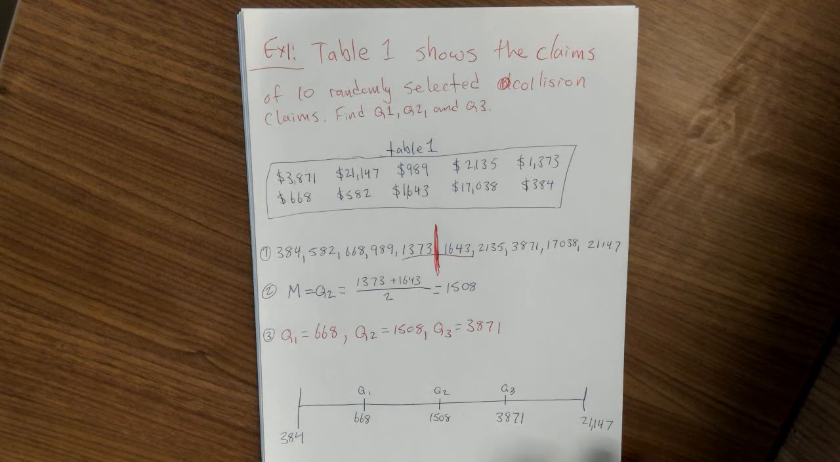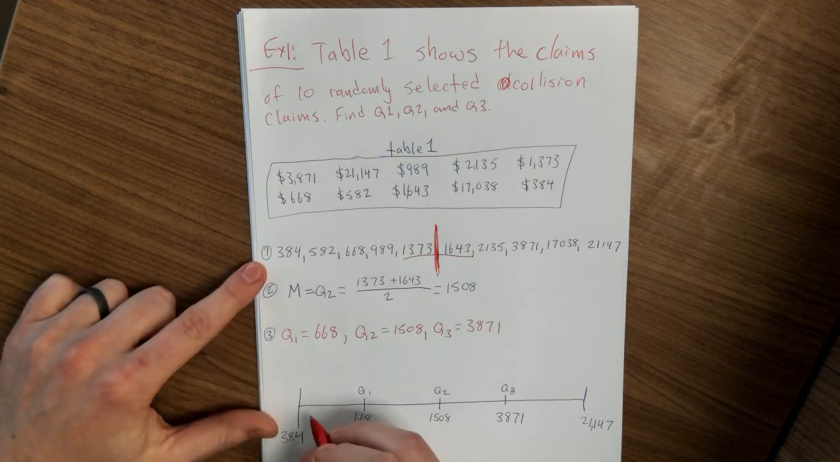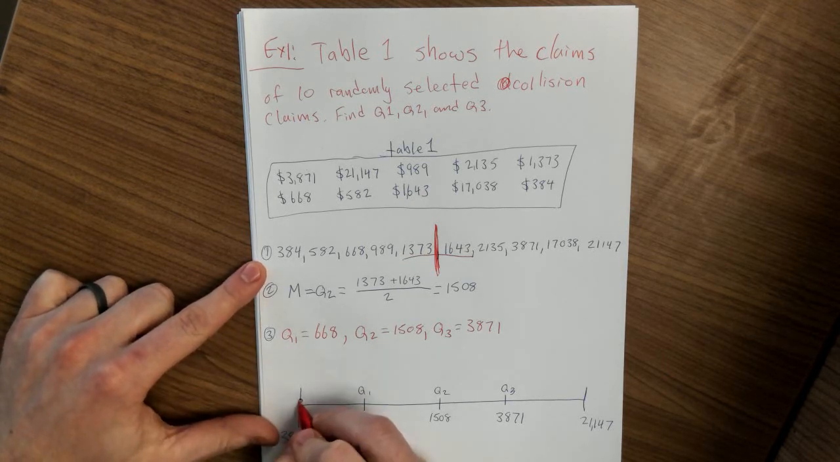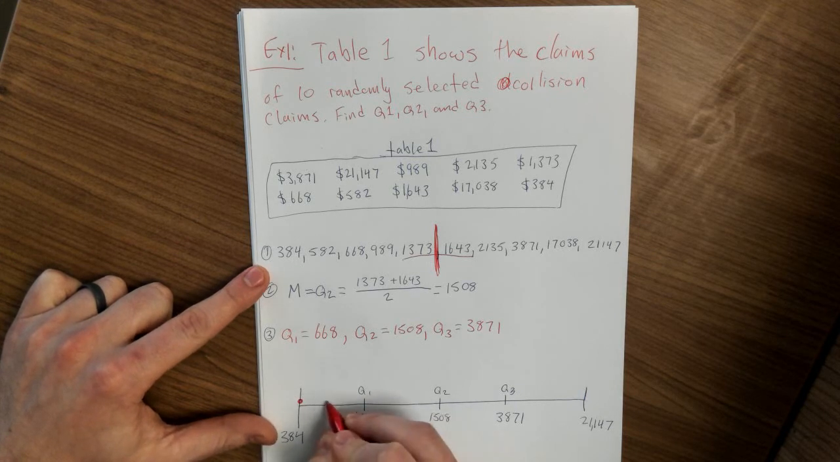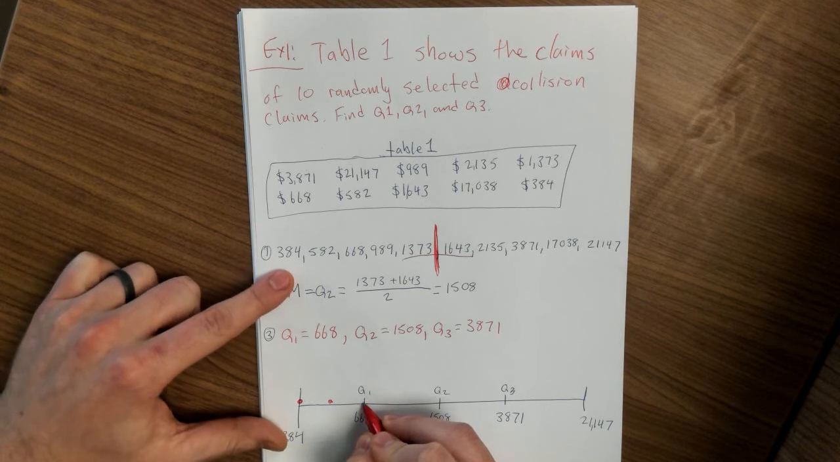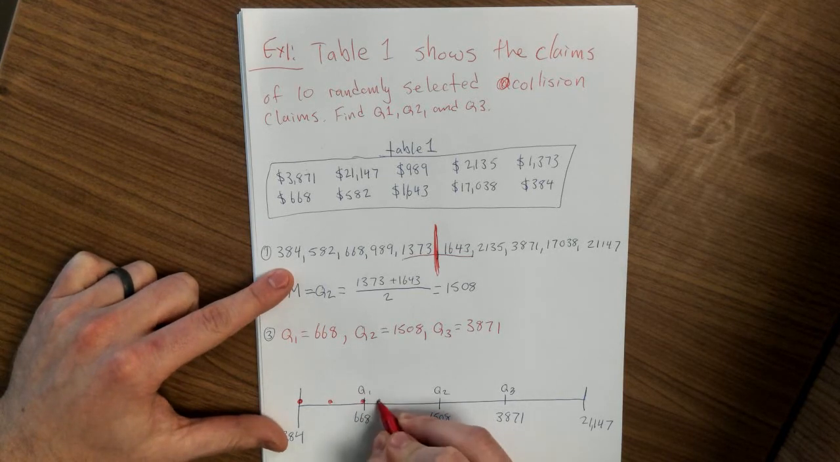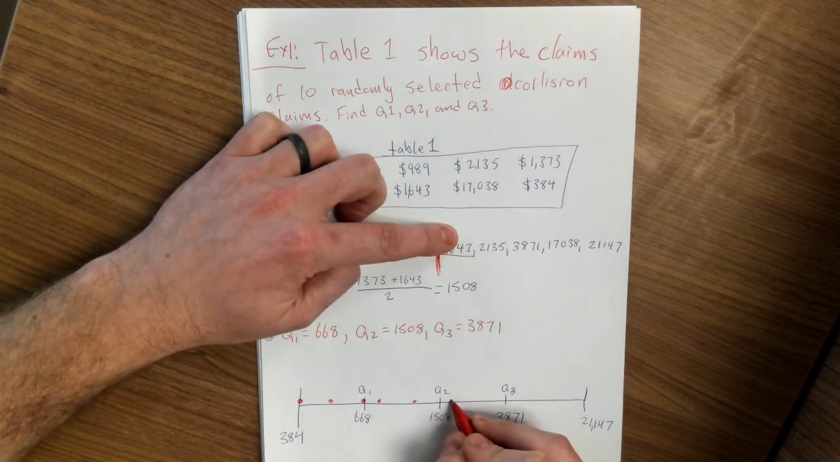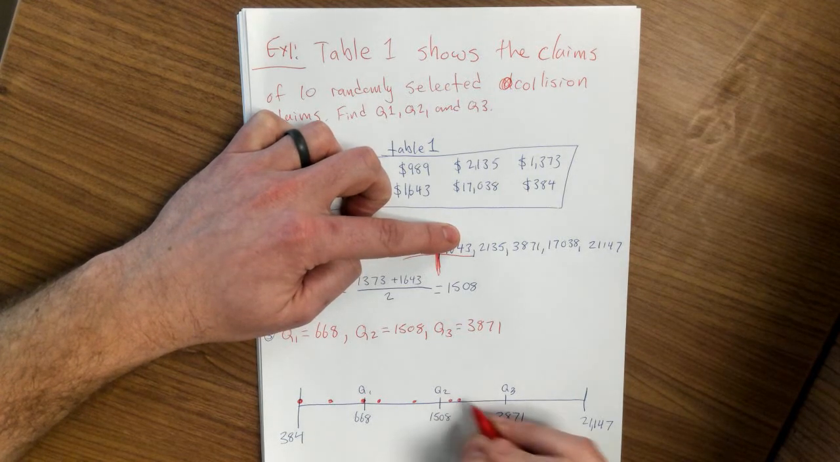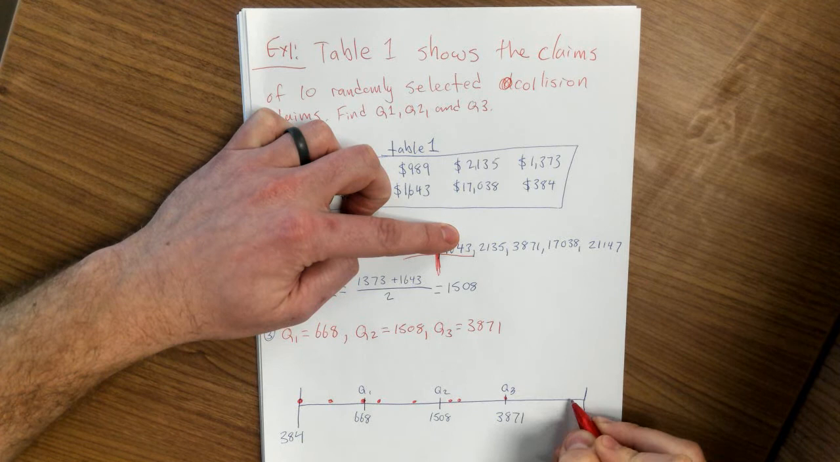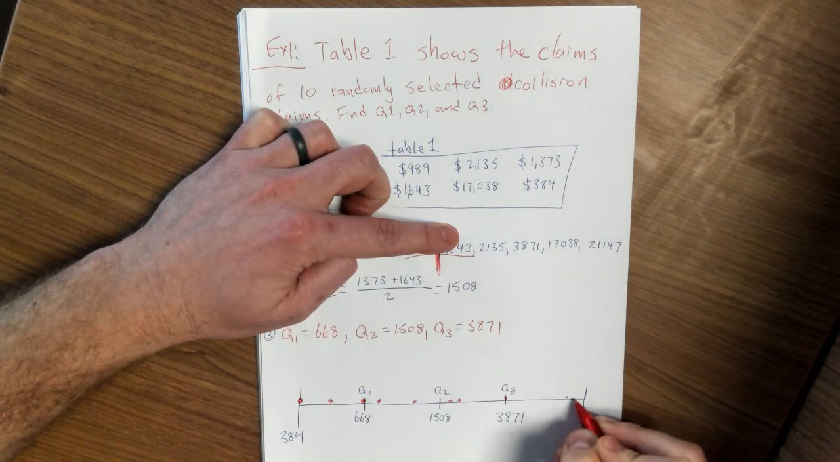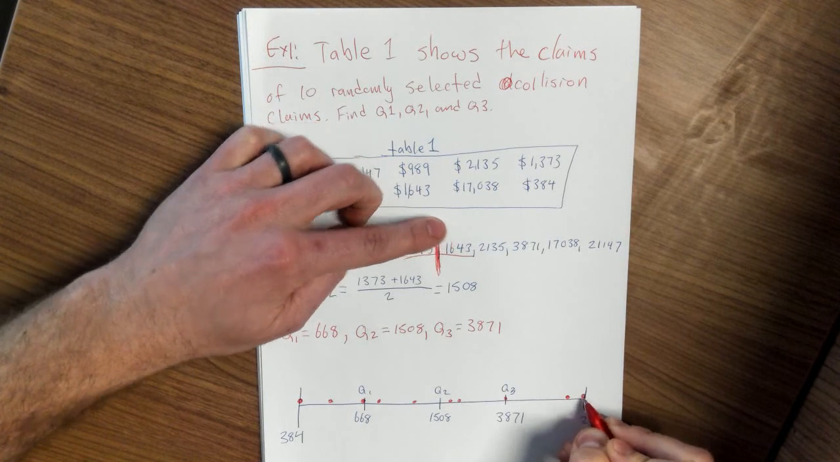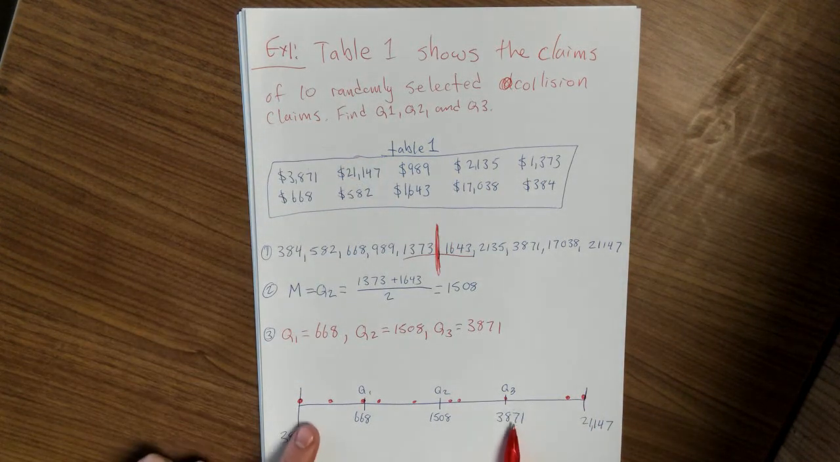So looking at the same example we just finished, what I want to do now is a dot plot on this line just to show you where all these collision claims lie. So you have one at 384, 582, 668, 989, 1373, 1643, 2135, 3871. Then you have some way out here, 17038 and 21147. So we can see that the bulk of the data, we have a lot of lower numbers